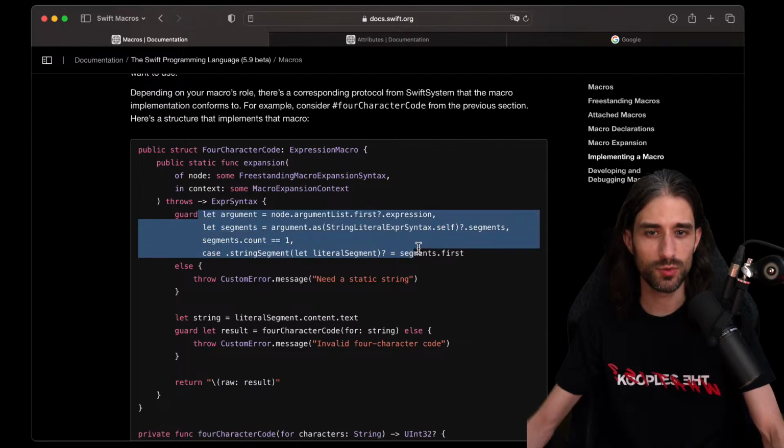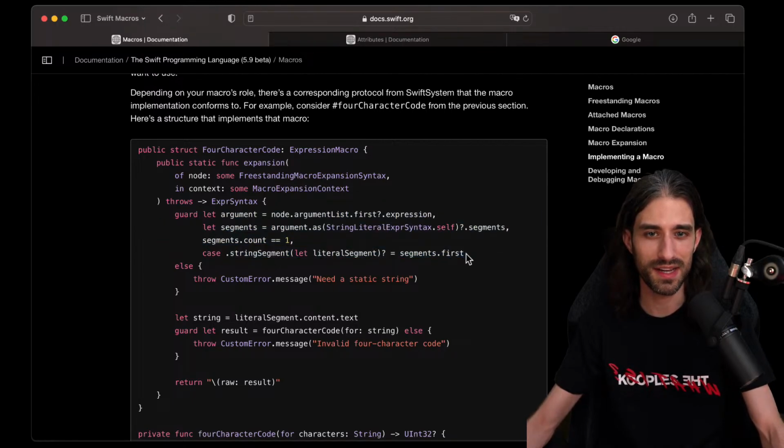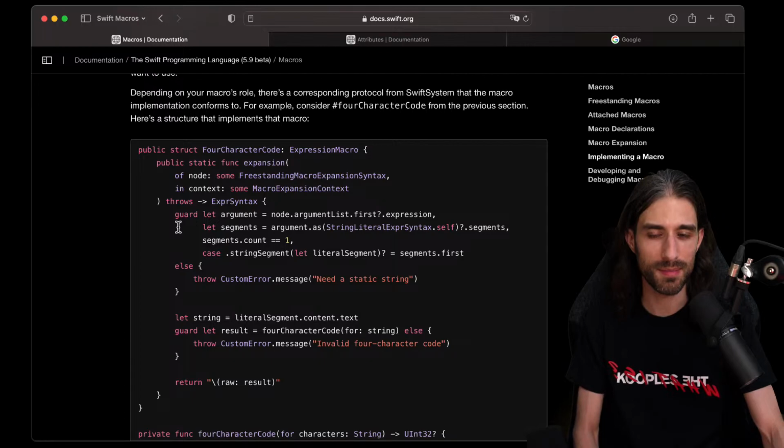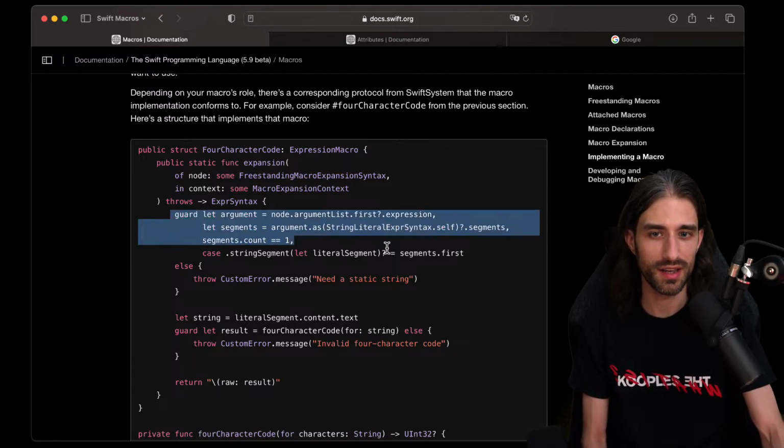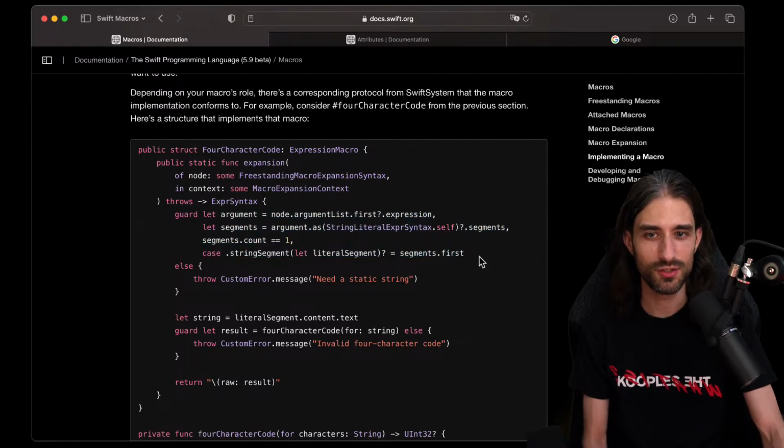What's interesting is that if this were production code, you might get a few comments on your pull request about the fact that you might want to refactor things. I'm wondering, is it because they cut corners for the example, or is it always that complicated? Because this begs the question of how you implement a macro in a way that's maintainable. If you have more than one argument, this is going to get quite messy. But I saw that there were also ways to use other syntaxes. So we'll see.